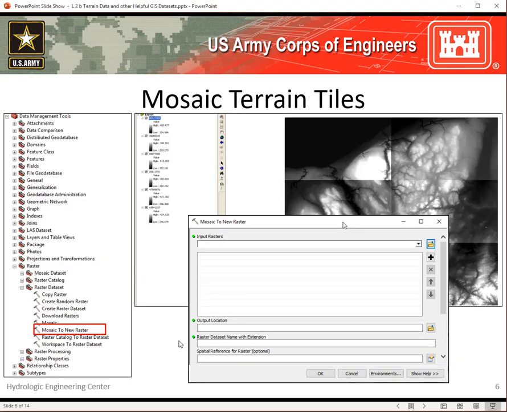All right, mosaicing the terrain tiles. I have an example right here on this slide where there are 6 terrain tiles for this area. You can see about 4 of them, but there are 6 terrain tiles here. And so I'm using ArcGIS. I'm using specifically the tools within the Data Management Tools toolbox to take these terrain tiles and mosaic them to